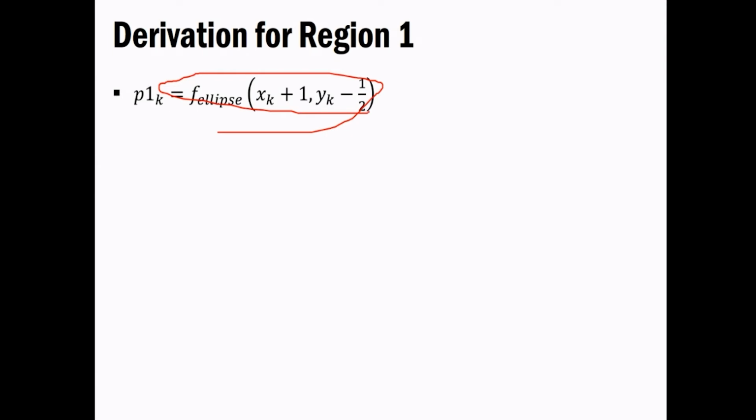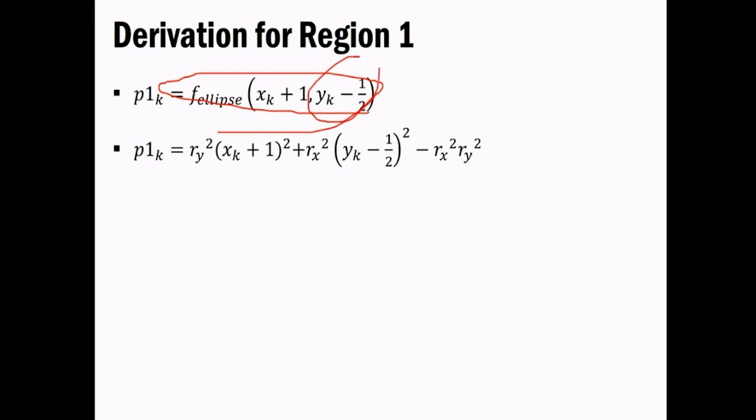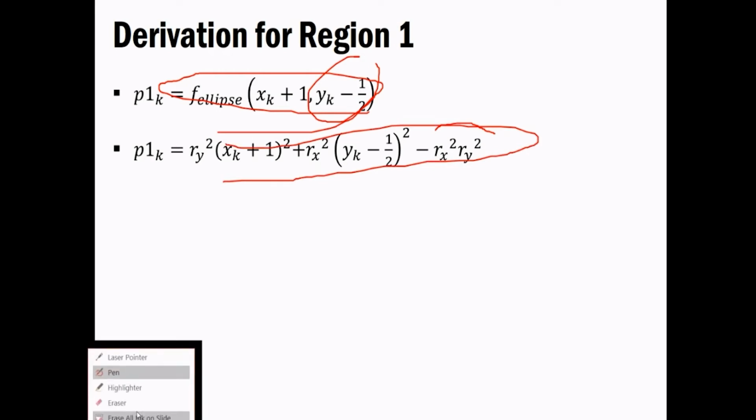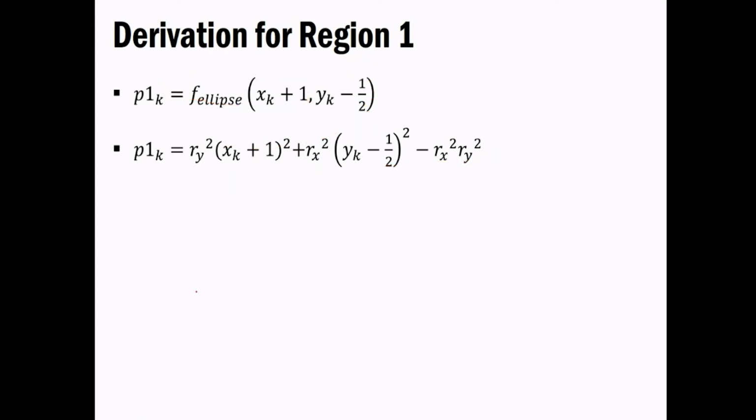Now you have x and y values with us. This is the x value, this is the y value. Now if you have this, then you simply put it in the ellipse function. So what is the ellipse function? ry square x square, and instead of x you are writing xk plus 1. Similar thing is written over here, rx square and y square. So instead of y, you are writing this particular thing, minus rx square y square. Now everything remains the same, but the thing that changes is the function. So that is what you have to consider.